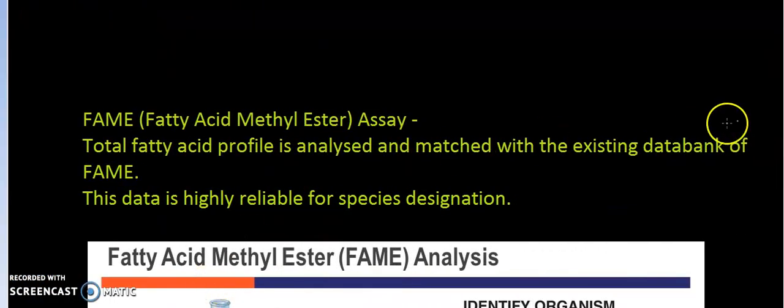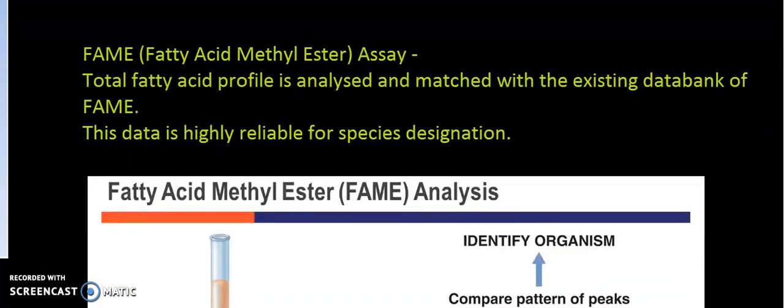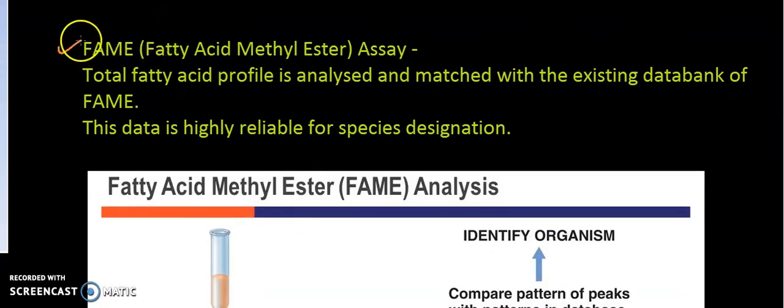So after these rDNA-based techniques, there are some techniques like FAME. This is also very much used nowadays for bacterial taxonomy, molecular taxonomy. FAME is about the total fatty acid profile. It is fatty acid methyl ester. So if you take the first letter F,